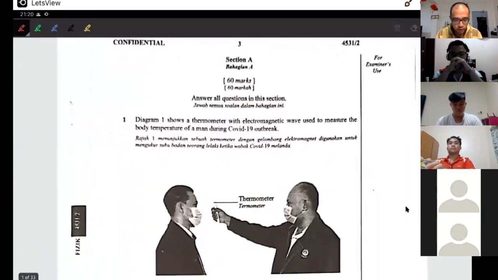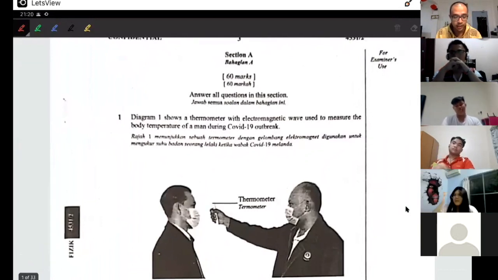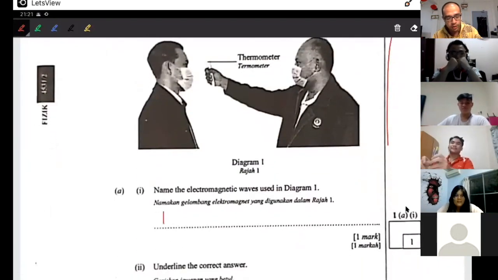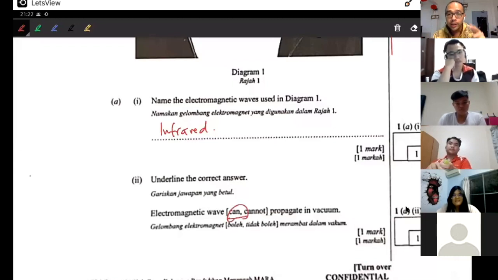So diagram 1 shows a thermometer with electromagnetic wave, okay, used to measure the body temperature of a man during COVID-19 outbreak. So the name, the type of electromagnetic waves, this will obviously be infrared lah. Okay, electromagnetic wave can propagate in a vacuum, okay, definitely can. The only thing that cannot propagate in vacuum, okay, the only wave yang tidak boleh bergerak dalam vacuum is sound